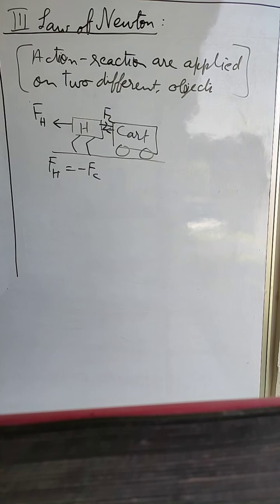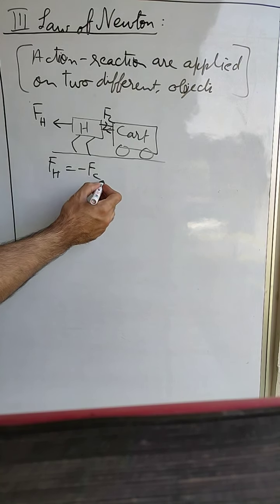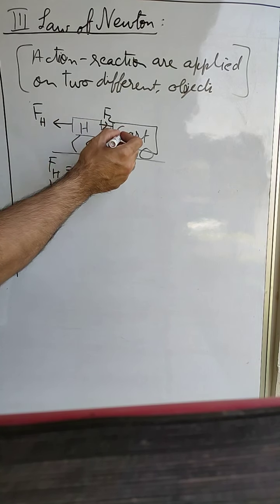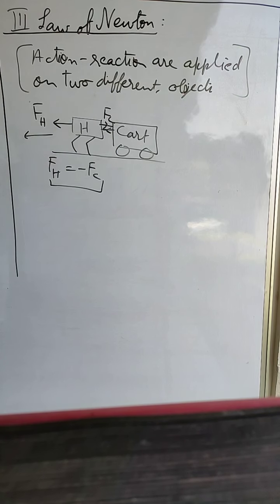Now in the topic of balanced forces, we studied that if two forces are equal and opposite in direction, then the resultant force will be equal to 0. So the same condition is here. If the resultant force is equal to 0, then how is the horse able to pull the cart in this direction? Okay, try to solve this question, understand the concept. If you are able to understand, that means you have understood the third law of Newton completely.